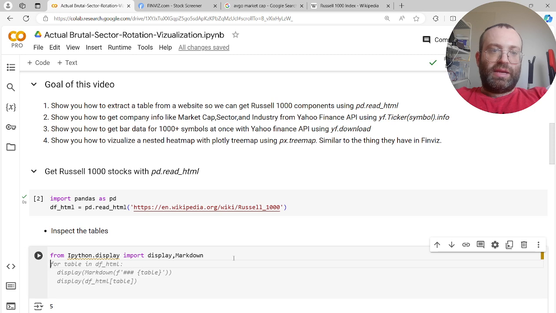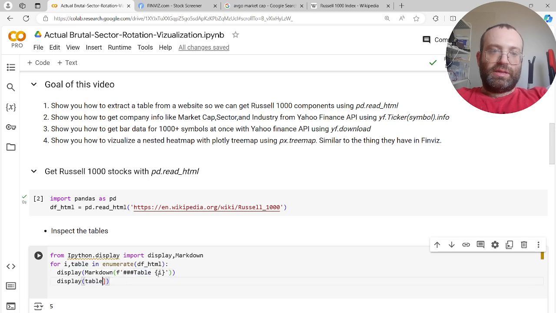Okay, so let's do something like this. Let's iterate through the tables. This is kind of cool. This is what the AI wants us to do, but let's actually do something else. We'll do enumerate, so we'll find which table number we want. So do for i, table in enumerate df_html. We're gonna print, we're gonna say like table 1 for example, and then we are going to also just